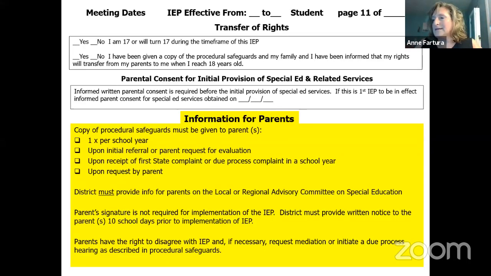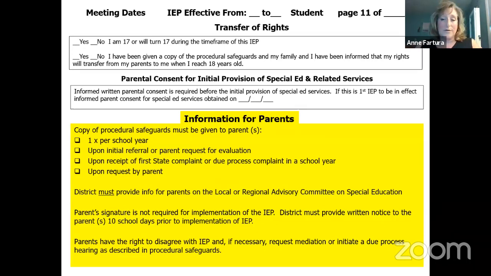This is something that is in our basic rights webinar, but I do want to make sure that you know the parent's signature is not required in an IEP. That's been a myth for many years. For the most part, we do a lot of work to try to make sure families understand that if you are in disagreement on any piece of an IEP,